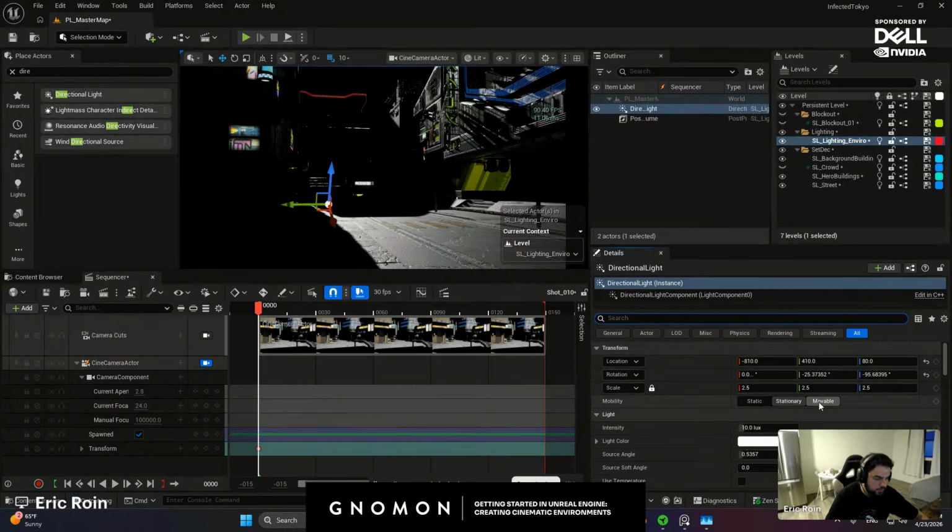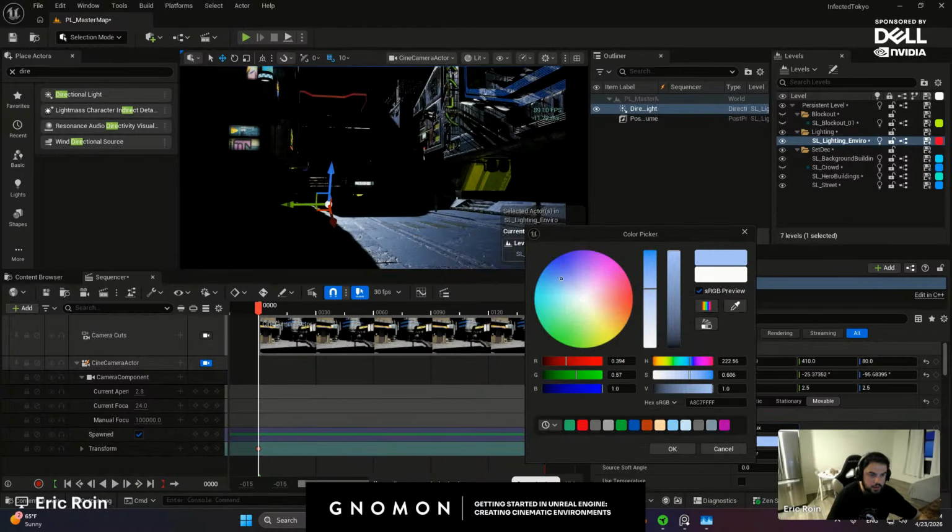Make sure to set your lights to movable. I'm going to be less concerned about the performance. They're still pretty performant, especially if your game has a dynamic day and night cycle. Most of the companies are switching to dynamic lighting. I know baked lighting is still big, especially in mobile games or VR games, but I'm going to be relying on dynamic lighting. If you're not sure what those mean, just look into baked lighting versus dynamic lighting. Some studios also use a hybrid approach, but I'm going to be using fully dynamic lighting and relying essentially on Lumen for most of the lighting work.